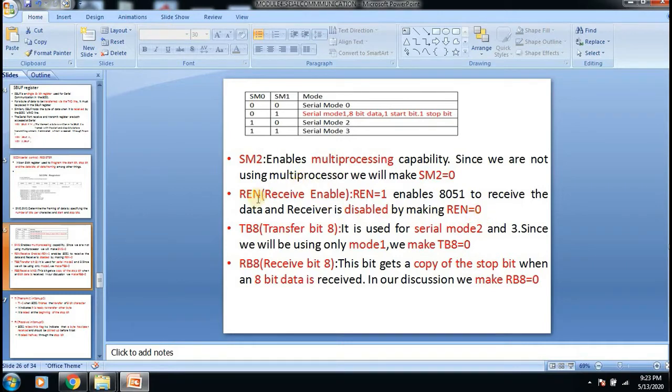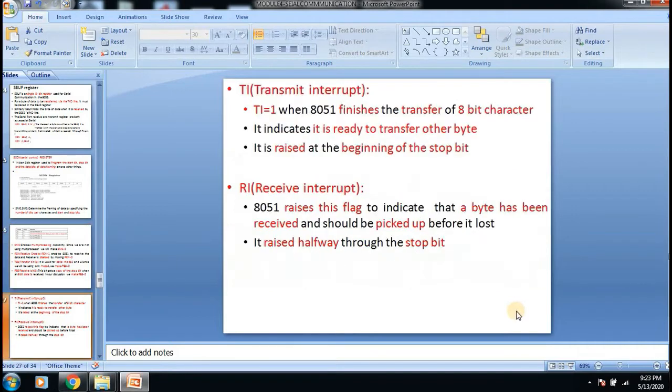So this bit is also important in programming the transmission. Next we have transfer bit 8 and receive bit 8, TB8 and RB8. These two are used in serial mode 2, so we will not discuss them, and we will assume that TB8 is equal to 0 and RB8 is equal to 0 in all our calculations.